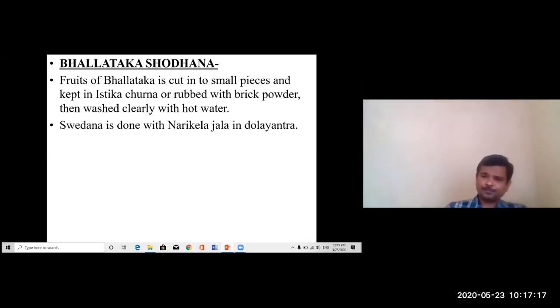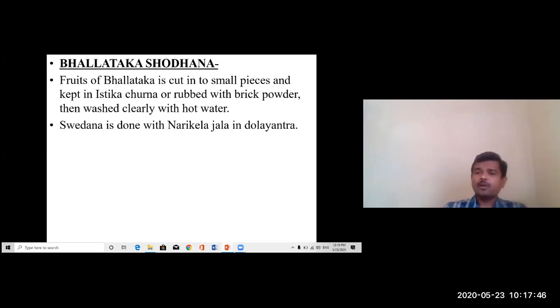Another method is to do svedana with narikela jala. You cut Bhallataka into small pieces, put them in a dola yantra and do the svedana karma. There is another method. You collect the Bhallataka phala and keep it in gomutra for 7 days, changing the gomutra every day.